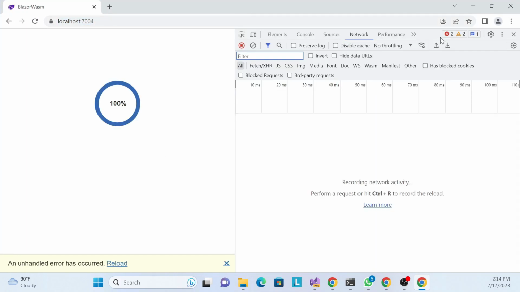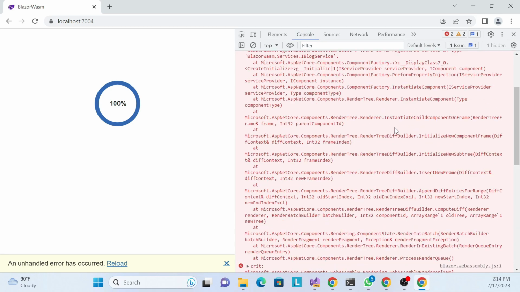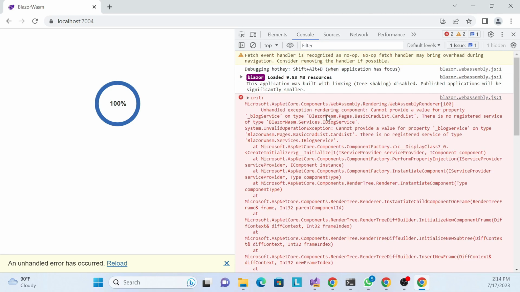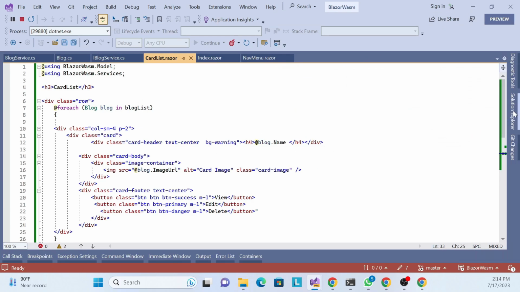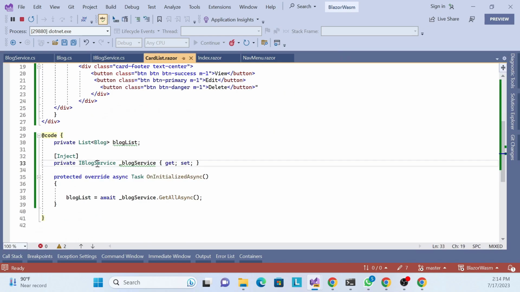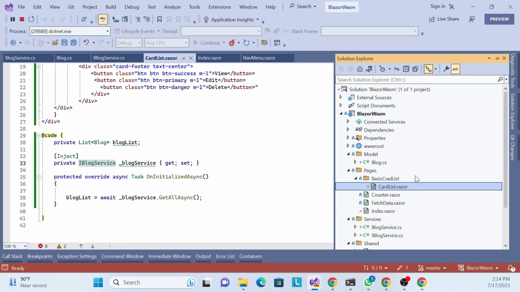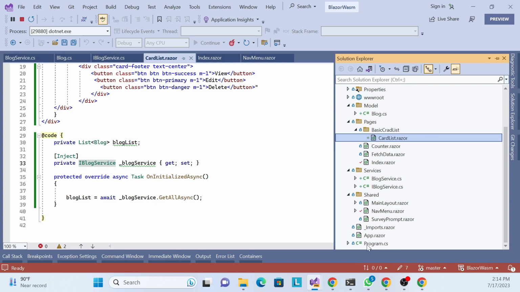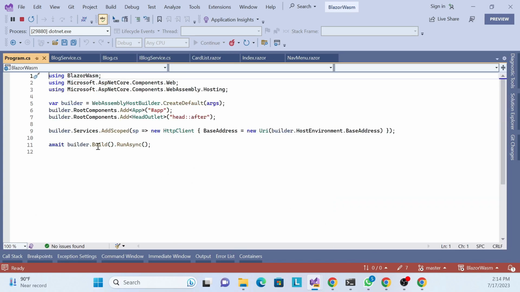Just press F12 and see the console. What is it saying? It is saying, see, Blazor card list, no registered service. It's the IBlogService. So that's why this comes into the picture: whatever services we inject, you have to register. Where can we register? We can register inside the Program.cs file. Here we can register our